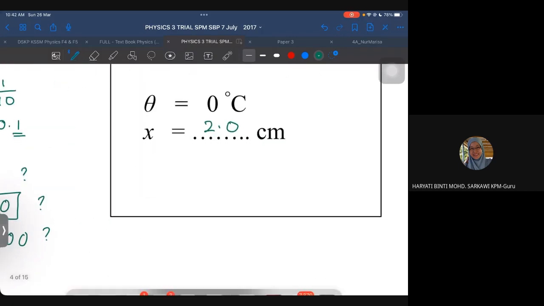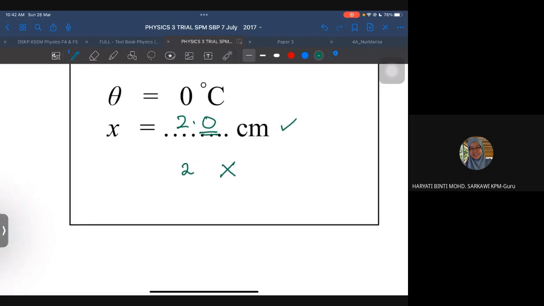So if you write 2.0, this is correct. But if you write 2 only, this is wrong, because decimal places in physics have meaning. It shows the accuracy of the instrument that you use. Okay, let's say you write 2.00